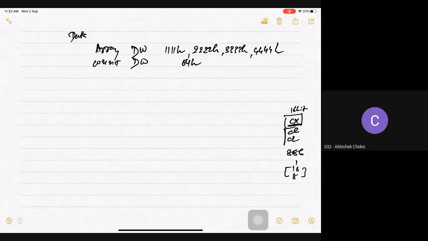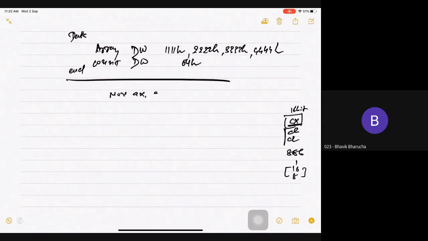Okay, so now my data segment is completed. Now there are two instructions that we are supposed to write: MOV AX, @DATA and MOV DS, AX. This will tell my assembler that I want to use the data segment. Next will be MOV CX, count. So now my CX will contain 04.